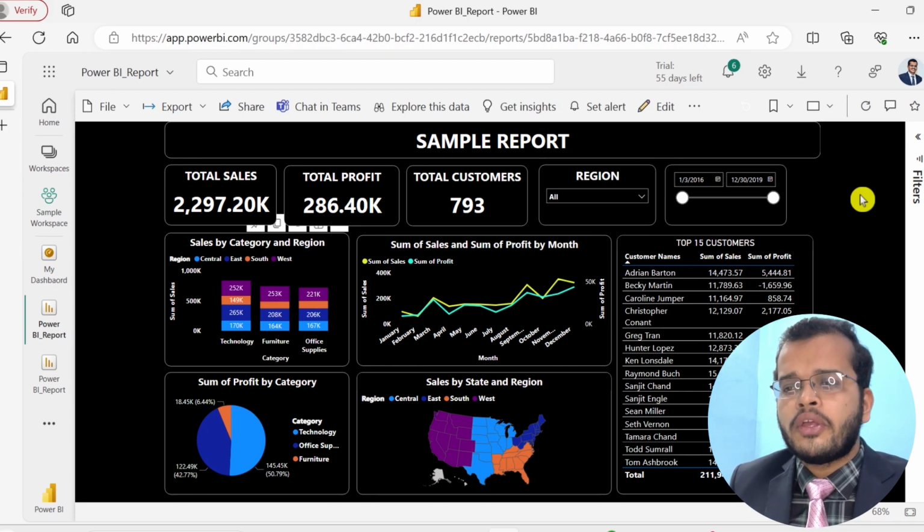What is meant by role? Let me give you a small example. I am the owner of this report which I have created. Am I right? I am the owner of this report that I have created. So now the point is that as I am the owner of this report, I might call my name as admin. Am I right? So I am the admin